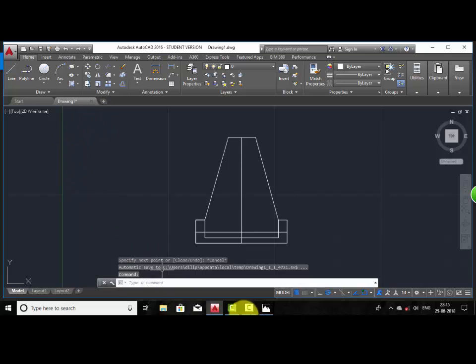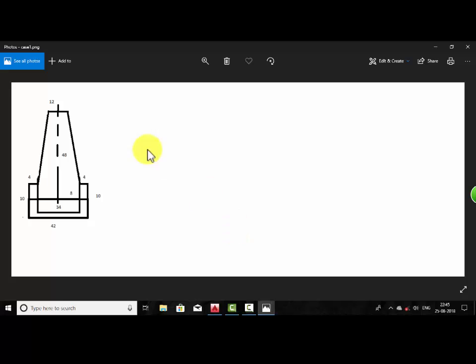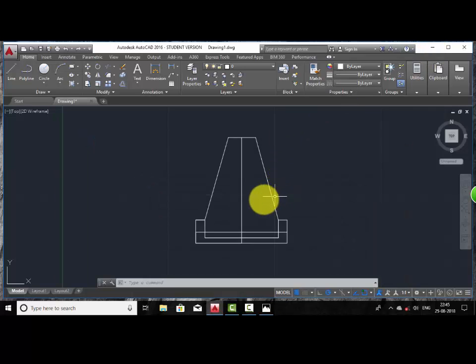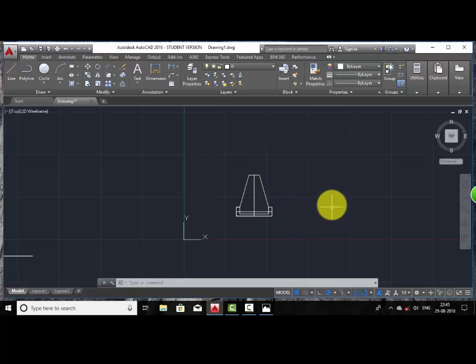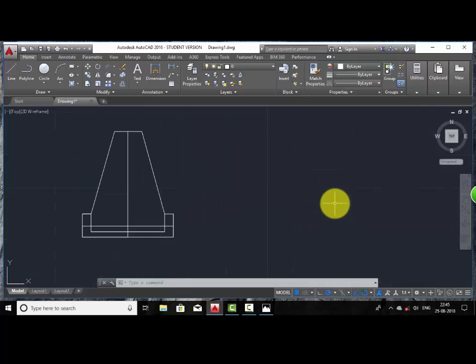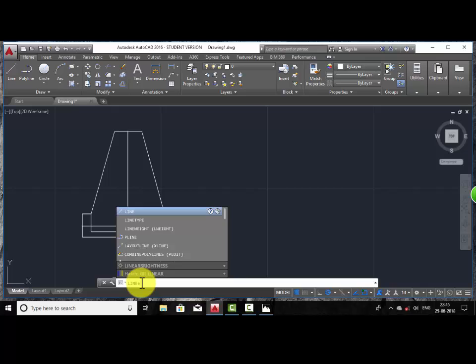So you can see that the diagram is completed, but I have another method of doing this, because here you can use only the mouse. For using another way I just draw it in another method. So this is the second method I can do it. I just enter line enter, line, line enter,